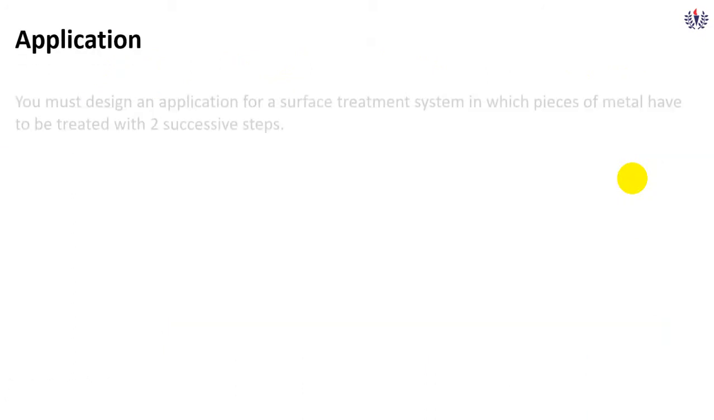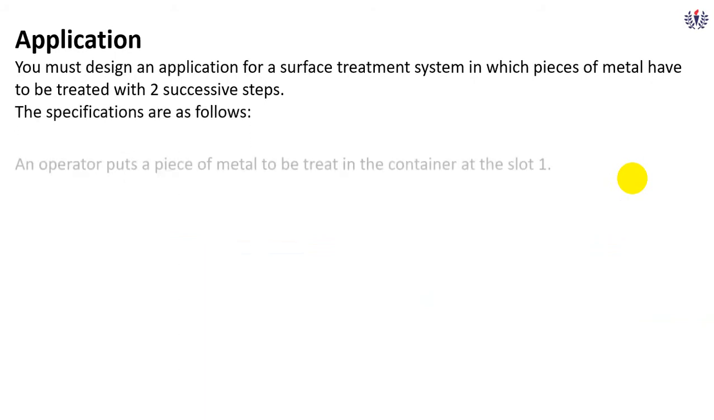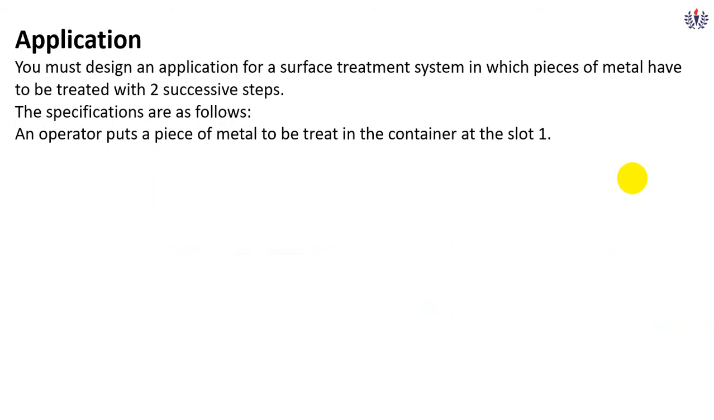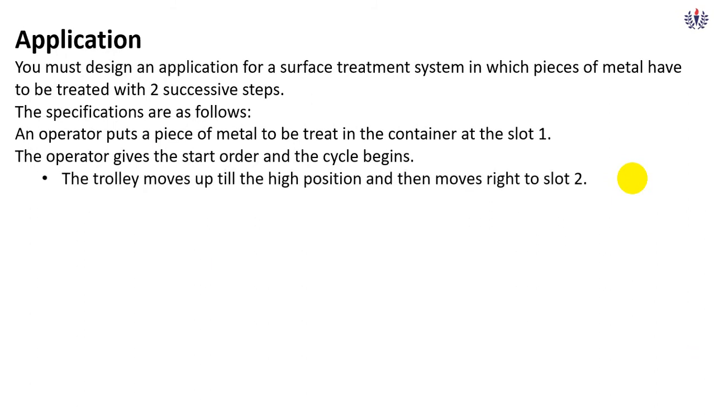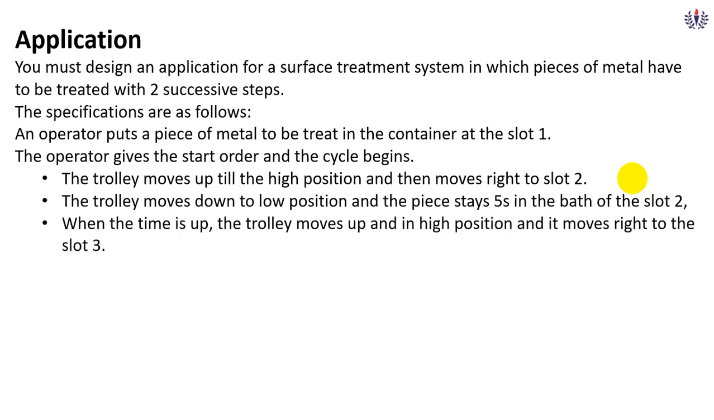Our application is that you must design an application for a surface treatment system which has two steps in it. The specification is as follows: an operator puts a workpiece to treat in a container at slot 1. The operator gives the start cycle command, so the cycle begins. Then the trolley moves up to the high position and then moves to the right to slot 2. Then the trolley moves to the low position and the piece stays in slot 2 for 5 seconds. When the time is up, the trolley moves up to the high position, then moves to its right,